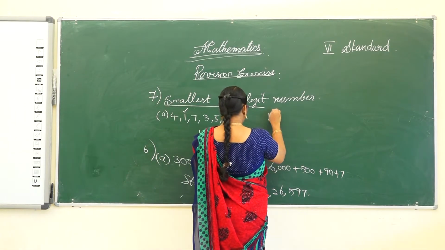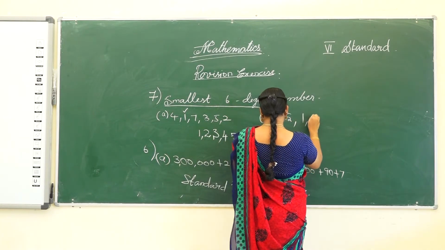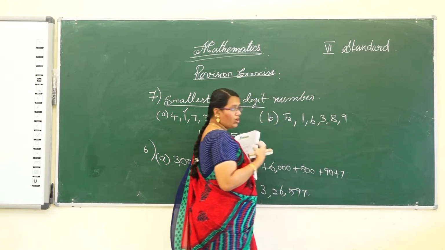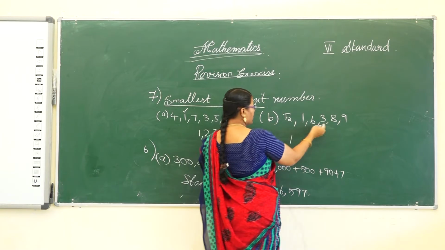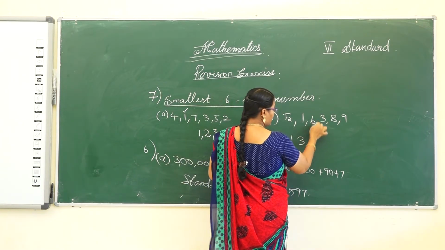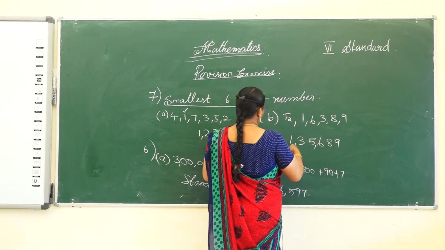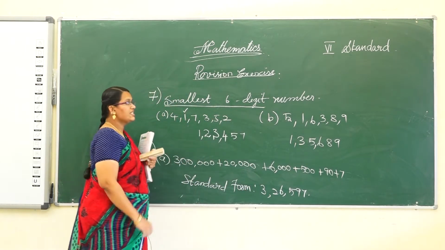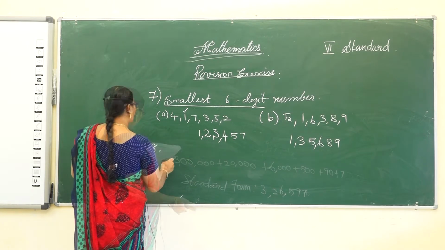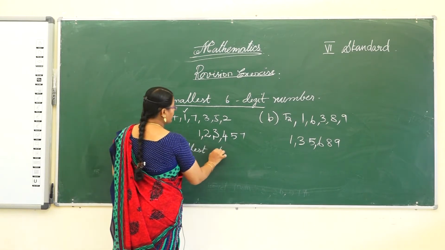Okay, B, the numbers 5, 1, 6, 3, 8, 9 are given. So what is the smallest number here? 1. Next smallest number is 3. The next ones are 5, 6, 8, 9. So it's the smallest 6 digit number. Okay, and next one, 8. Here also find the smallest 6 digit